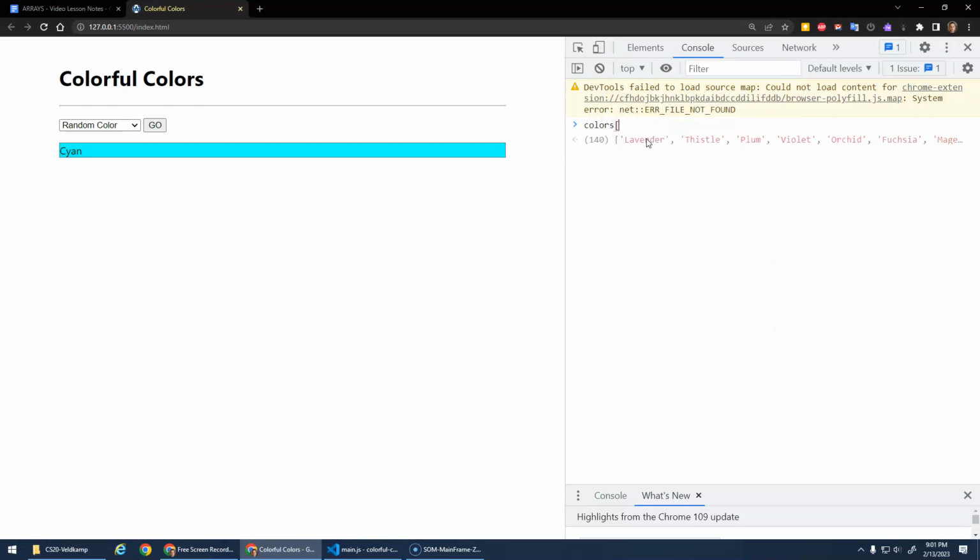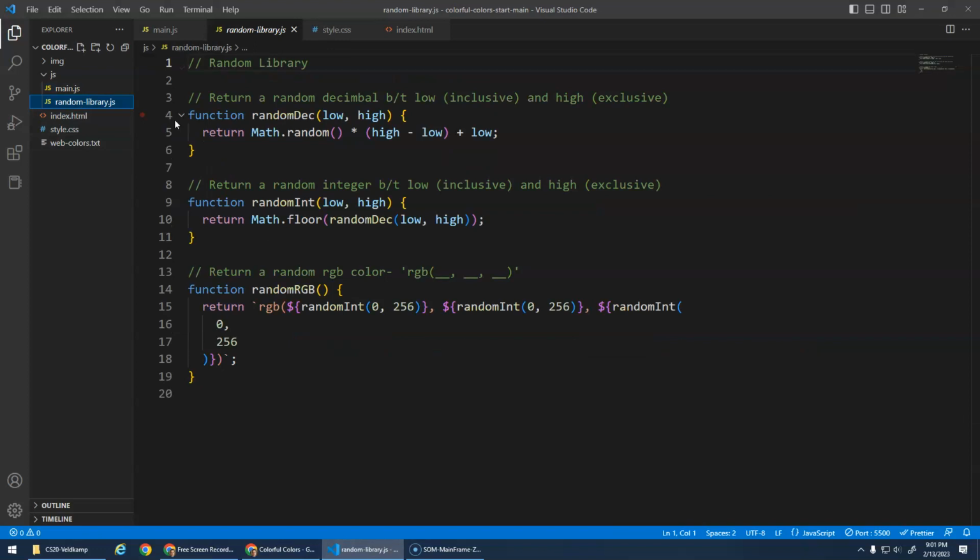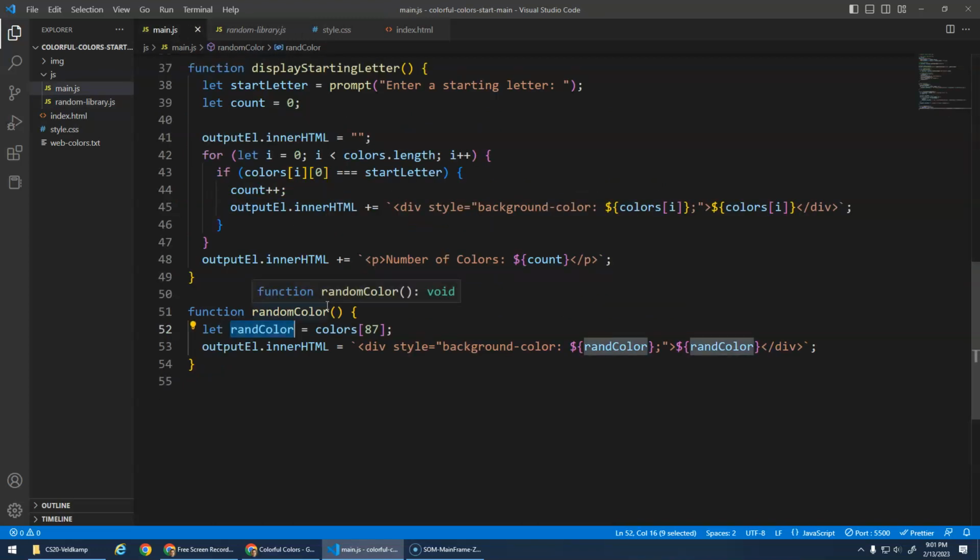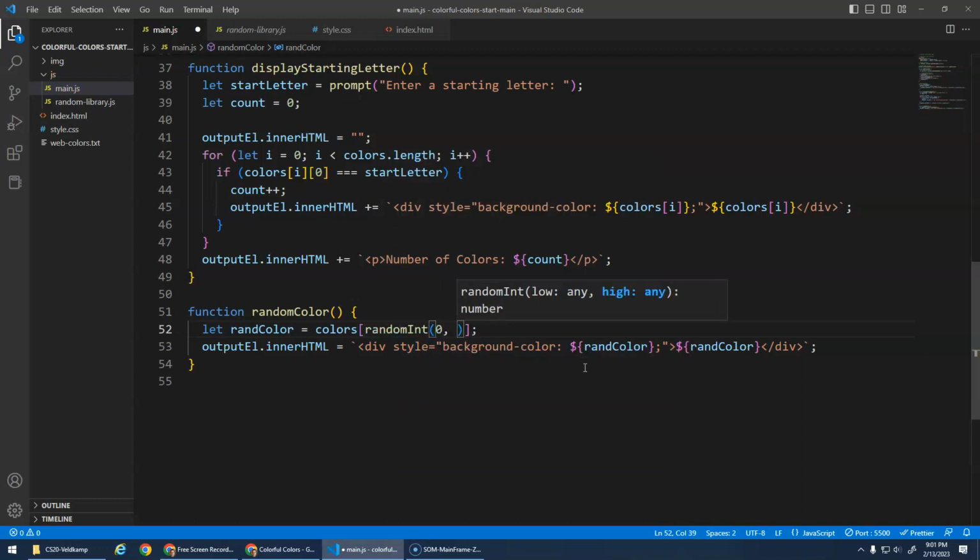I trust it, but just to make sure. Cyan, yay. Okay, so I have a random library that we built together here. Random integers: we don't want decimals, we want integers because the index values are 0 to etc. And in this case here, because the length of my array is 140, what I'd like to do here is go randomInt from 0 up to 140, because there's 140 colors. So it's going to be 0 to 139,